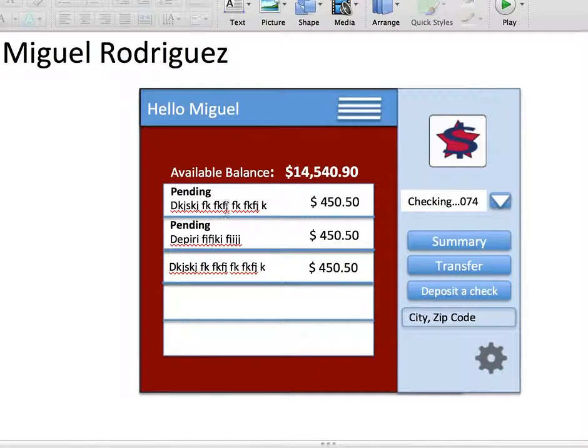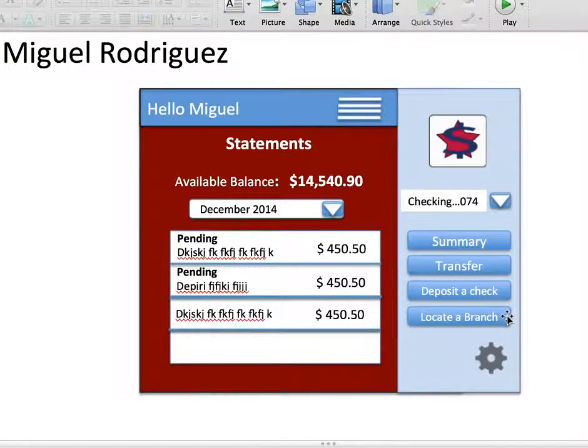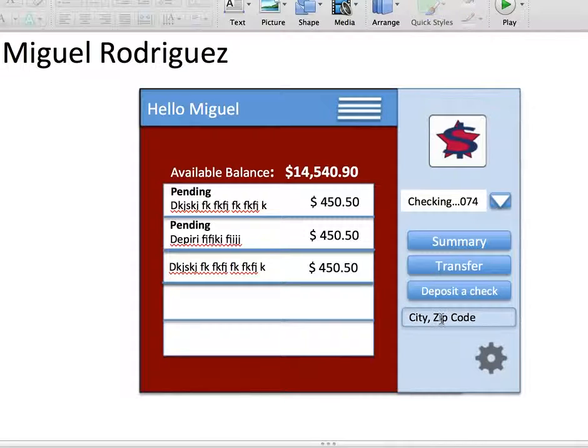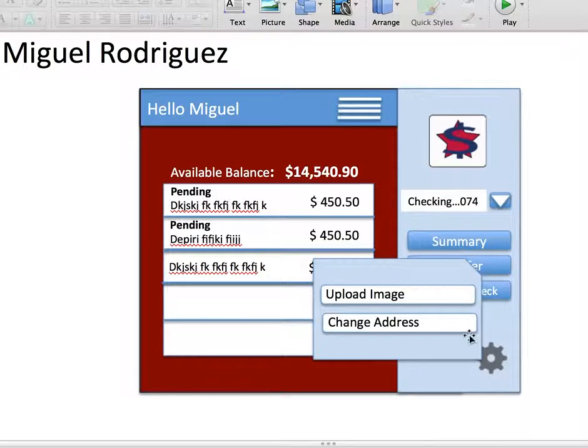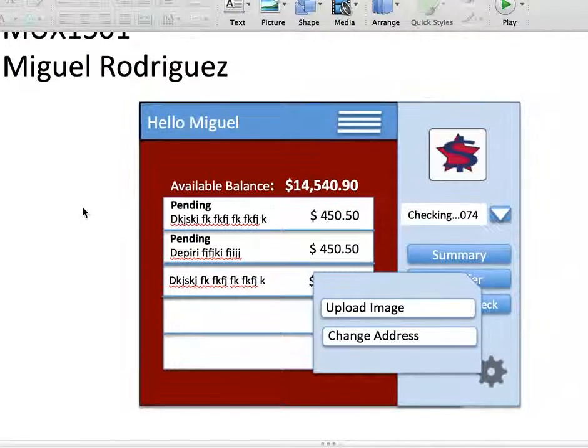We want to locate a branch. When you click on locate a branch here, it changes to the zip code and whatever, and you can type whatever city or zip code it is and press enter, and it's going to locate the city or the branch for that particular city. And when you press the settings, you get two buttons for outlet image and chain address. This is pretty much for